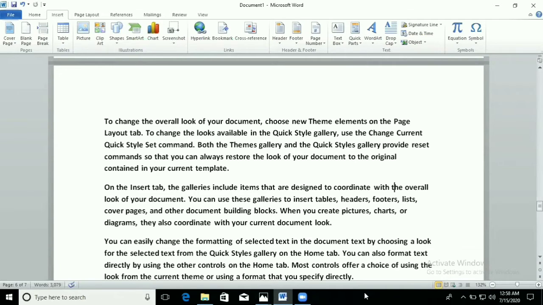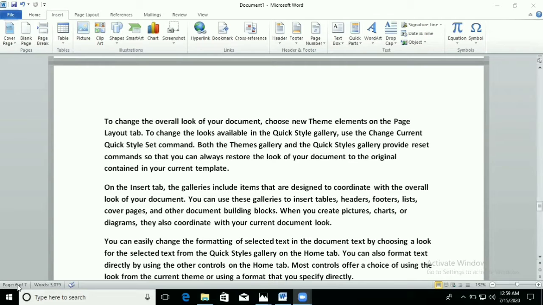There are basically two methods to insert a header and footer. The first method is to just double click on the top area, or you can say the top margin of the page. You can use any page. You can see in this document there are a total of 7 pages.